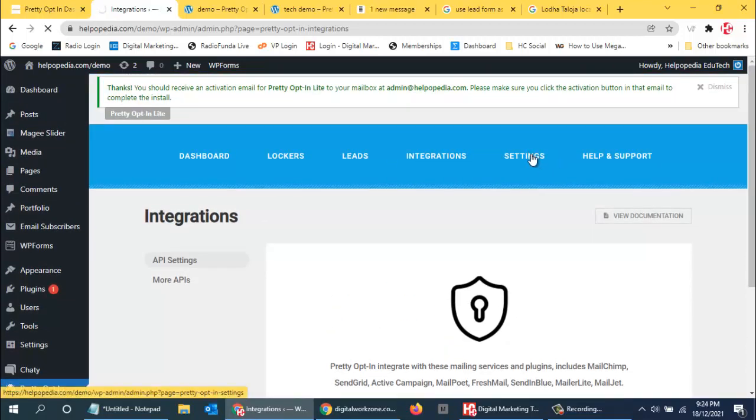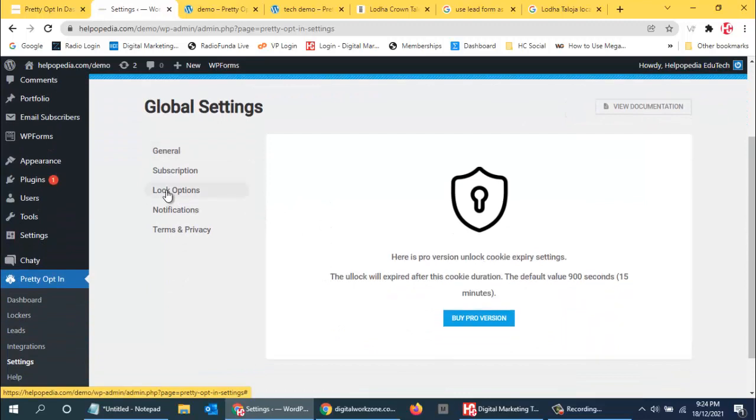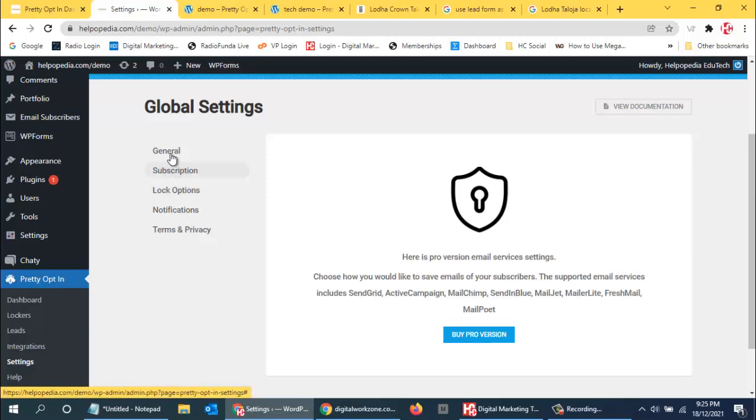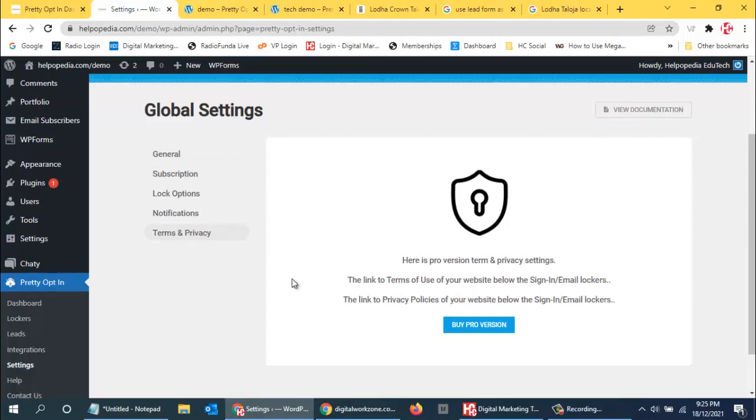Lock options. Okay, so again all these things. So in free version, I don't know what these people will help us to do. Okay, let us try this.